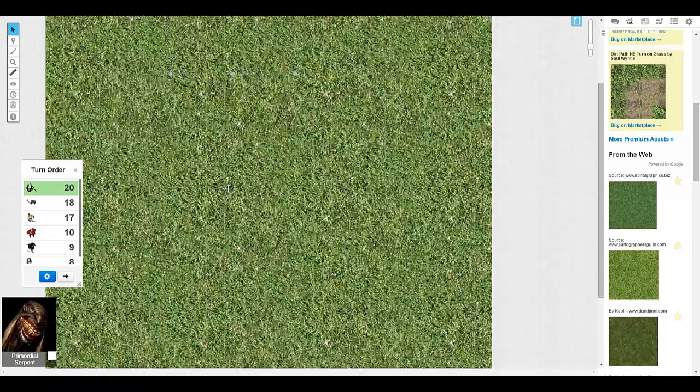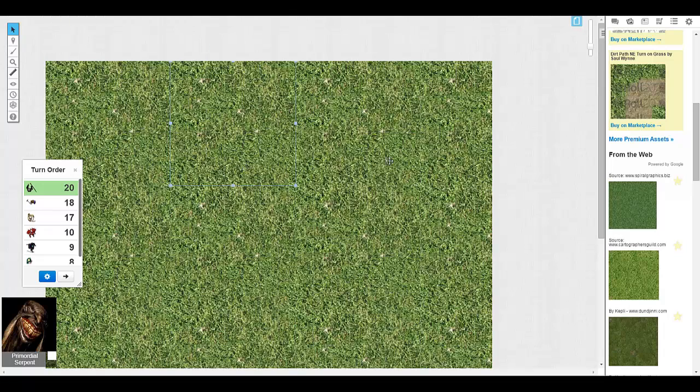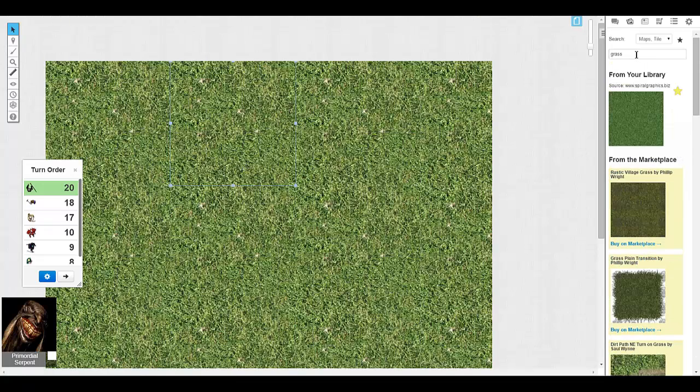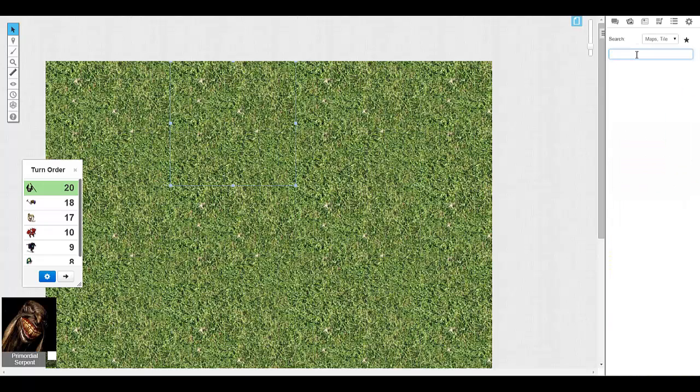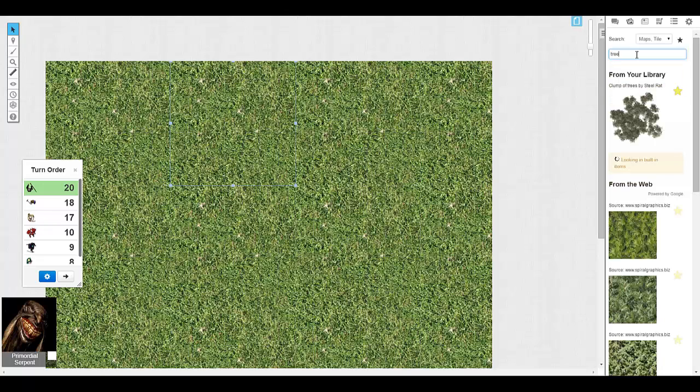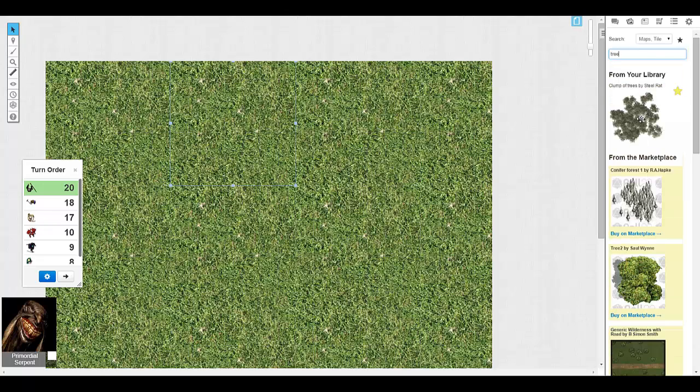So now we have our basic, kind of ugly background. Now we need to spice it up. So we're going to stay in the background, and we're going to look for some features here. So obviously we're going to need some trees. So I'll just search up some tree. This is a favorite one I use to kind of frame the image. So kind of give players the sense that they're not boxed in, but in a kind of instanced area,